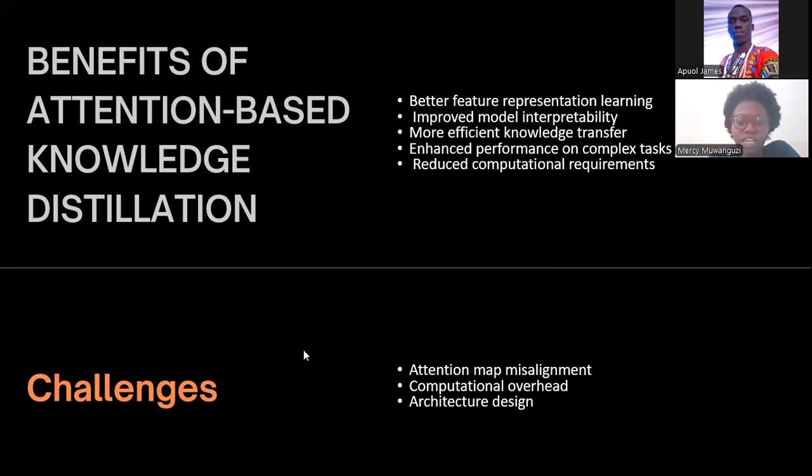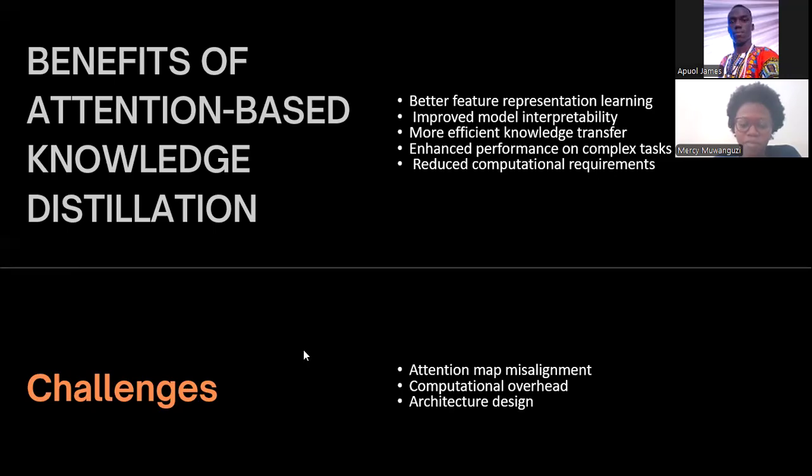Then there is enhanced performance on complex tasks. Since there is attention being used, the model is able to easily implement the complex task because there is reduced computational overhead. Yes, the challenges with this type of mechanism is the attention map misalignment, in that if the student model and the